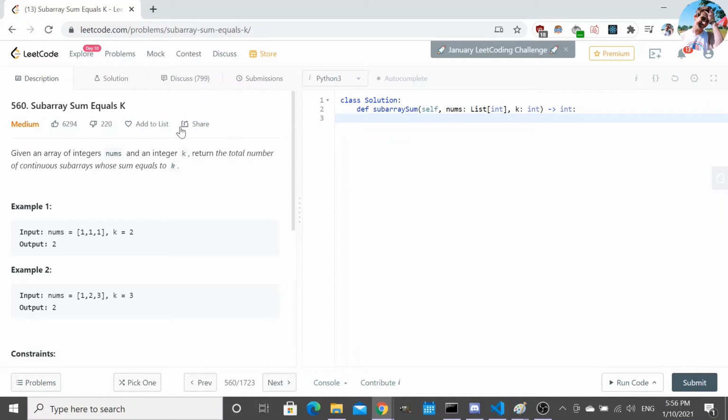What's up, everybody? In this video, I'm going to go through how to solve subarray sum equals k, which is a LeetCode problem of medium difficulty in Python. So essentially what they give you is an array of integers and a target. And what they want you to do is find the total number of continuous subarrays whose sum is equal to